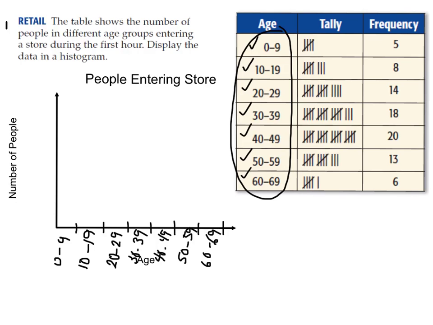Now we go ahead and take a look at our frequency. The frequencies range from 5 is the lowest and 20 is the highest. So I'm going to recommend that we count by 2s on this one. Now maybe you didn't count by 2s, you counted by 1s, and that's okay also. 2, 4,